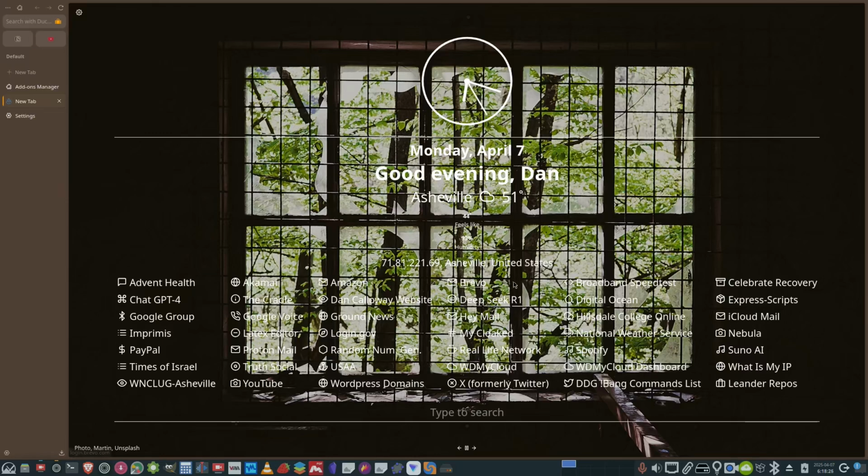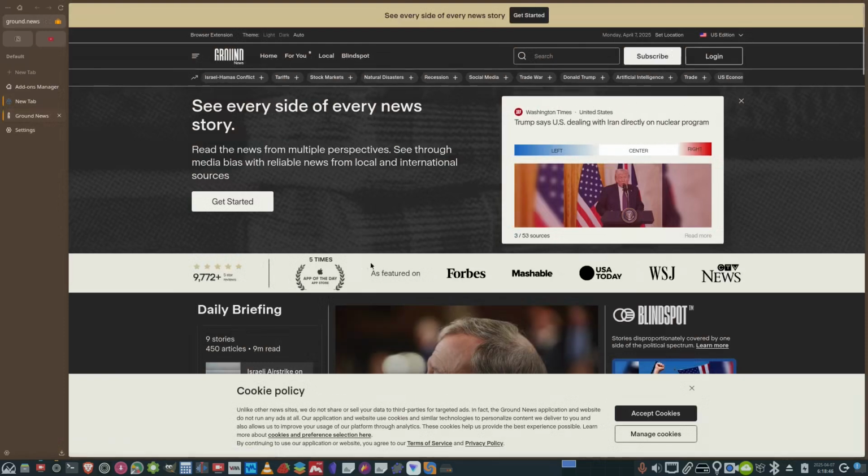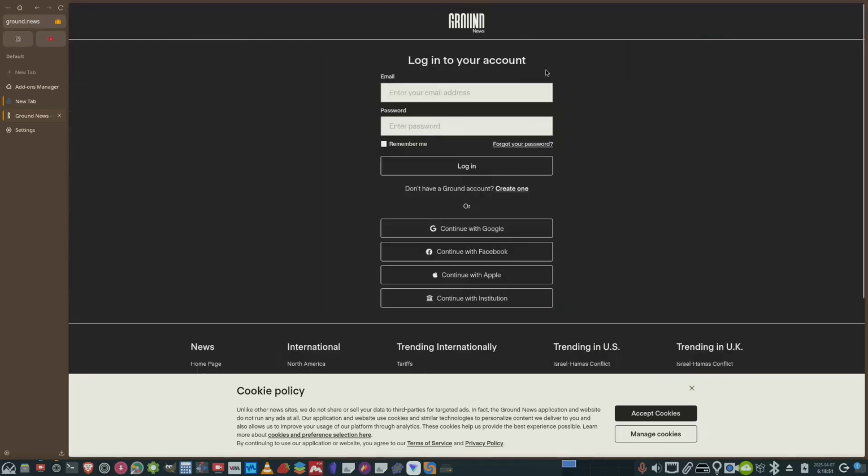So all of these tablets, how that works is this. I have a news program called Ground News that I use all the time. So I've set this up as a tablets interface. So if I open up a new tab, so I don't have to go and find it in bookmarks, I can just click Ground News, and that takes this tab and opens up my Ground News, which I haven't logged into. So let me log into that,